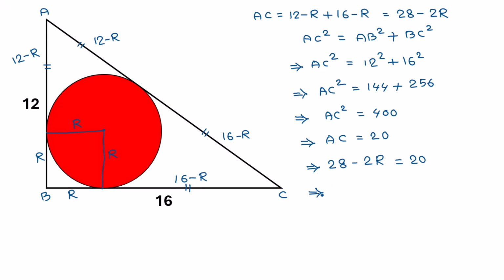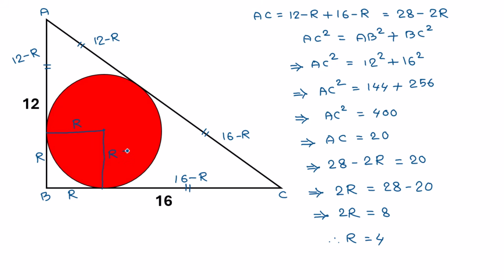Or from here we can write twice r is equal to 28 minus 20. Or left side twice r is equal to 28 minus 20, this is 8, and dividing both sides by 2, we will get the value of r is equal to 8 divided by 2, which is 4,